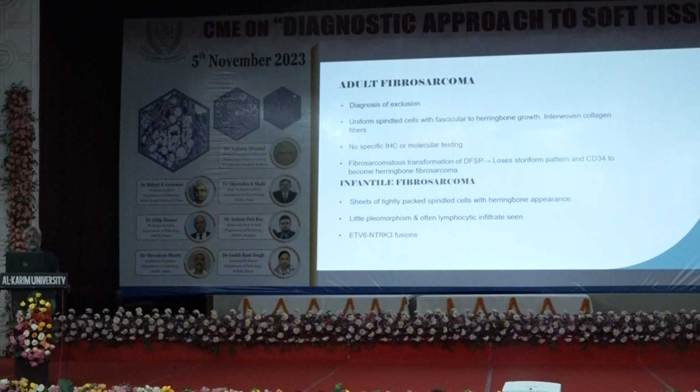Infantile fibrosarcoma is very restricted to the age, so the first clue will be the age. It will be found only in the infant age group, second, you will find a herringbone pattern, and third, an NTRK3 fusion is found. So if you have an infantile fibrosarcoma, I recently diagnosed one case, I think before coming here, some 4 or 5 days back, we had